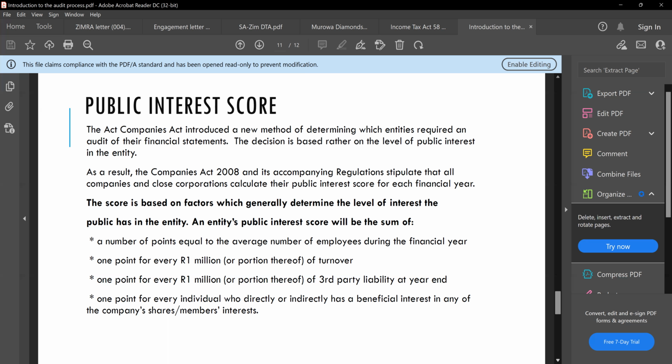And then lastly, 1 point for every individual who directly or indirectly has a beneficial interest in any of the company's shares or members' interests. So this is your shareholders, right? Those are the people that have a beneficial interest in the company. So if there's 10 shareholders in the company who directly or indirectly have a beneficial interest in the company's shares, then that's 10 points there. So that's how you calculate